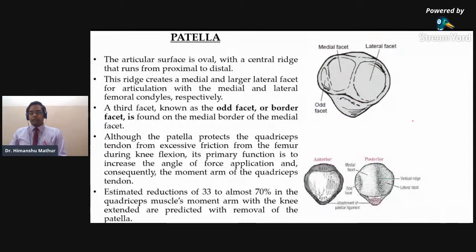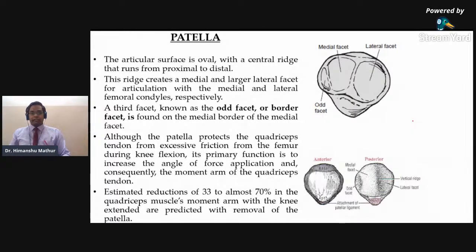Now the third and very important bone when we talk about the knee complex, because the knee complex has two joints basically. It has your tibiofemoral joint also and patellofemoral joint also. And there are a few books that also include the proximal tibiofibular joint, which comes in the knee complex. All right, now